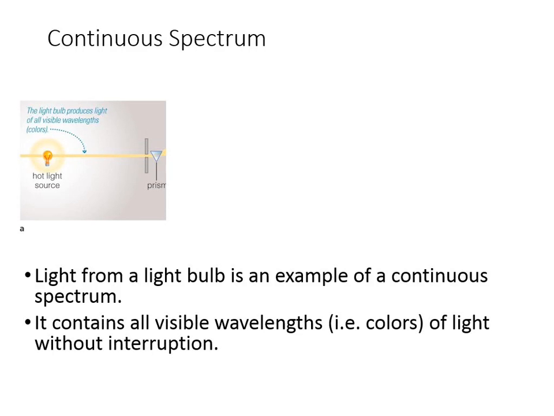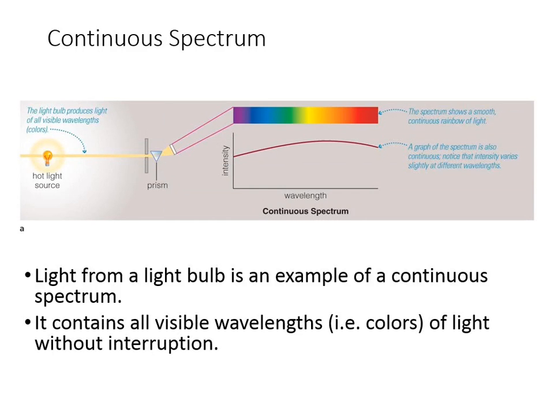So here's a picture of how a continuous spectrum would be created. Basically you have your light source there on the left, okay, and just a portion of that light is run through a prism, that's what the slit is for. Then through the prism you see it separated into the colors of the rainbow, just like Newton saw.